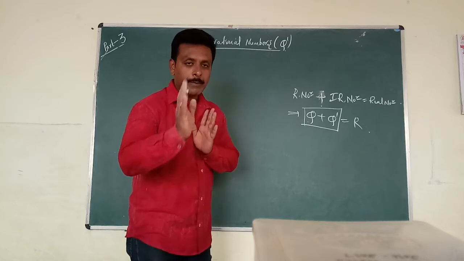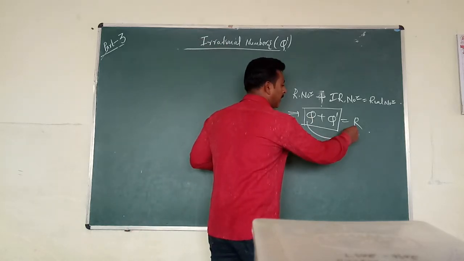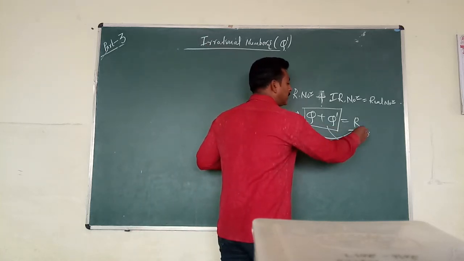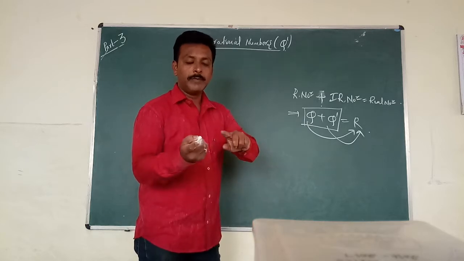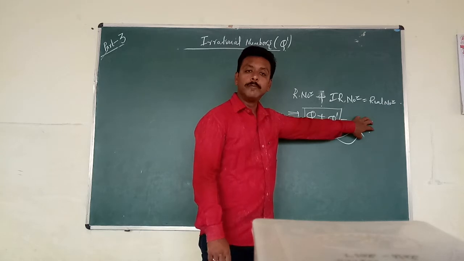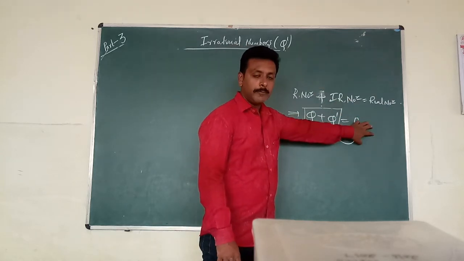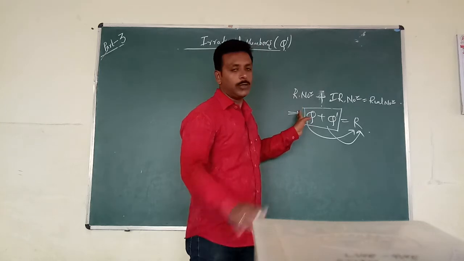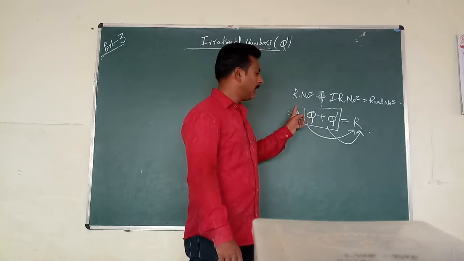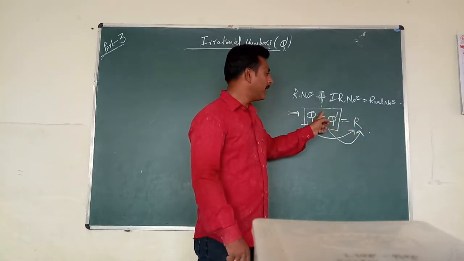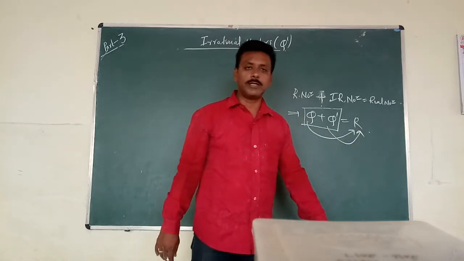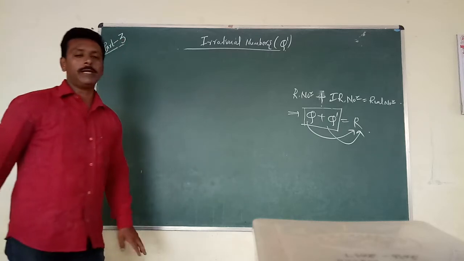That's why remember the statement, every rational number is a real number. Every irrational number is also a real number. But its vice versa is not correct. Okay? Every rational is a real. Every irrational is a real. But if anybody says every real is a rational, sorry, every real is an irrational, it is not possible. Every rational is real, every irrational is real. But every real is not a rational. Every real is not an irrational. That one statement you have to remember.